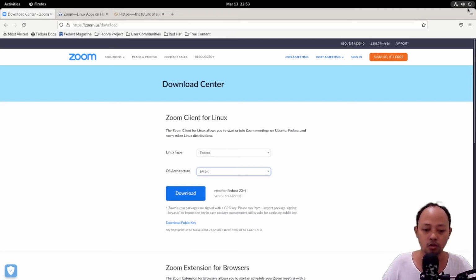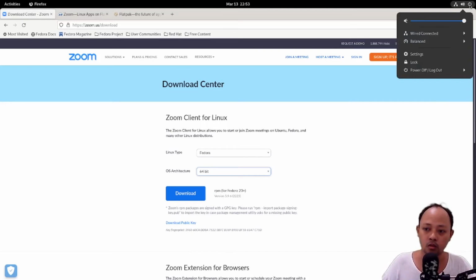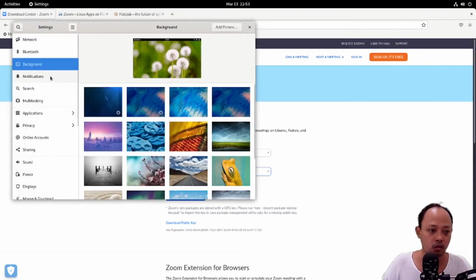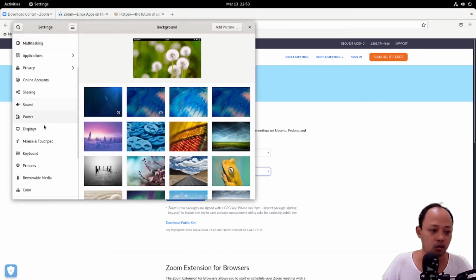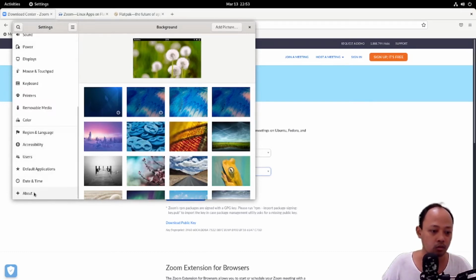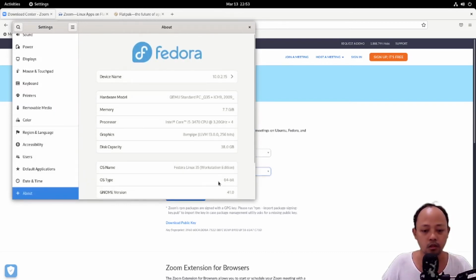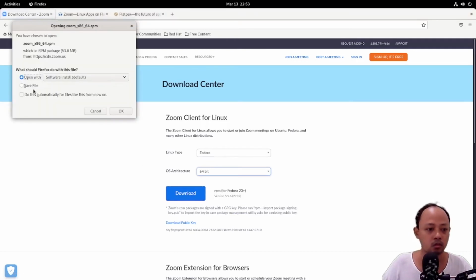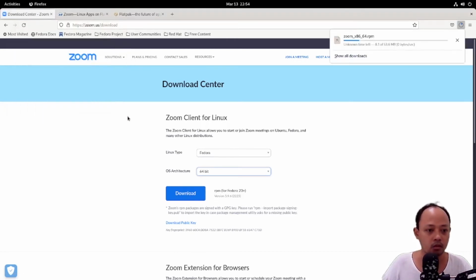If you are not sure about the architecture of your Fedora, you can go to the settings and then click About. You can see here that I use the 64-bit Fedora. So I will download the 64-bit. Download, save the file,